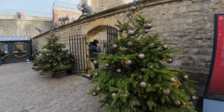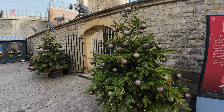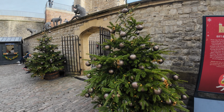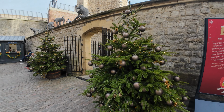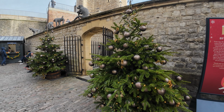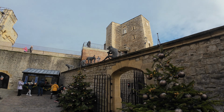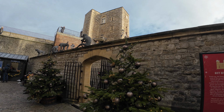From 1235, the Tower became home to some of the monarch's most unusual and lavish guests. And for over 600 years, rulers from many countries gifted animals to the monarch. The Tower was home to the polar bear, which we covered already, and an elephant, lions, tigers, baboons and everything in between. And whilst we may not send lions and tigers as presents, presents are still a central part of Christmas day to day. And can you see, one of the baboons, which is normally up on the wall, has jumped down and is hidden somewhere